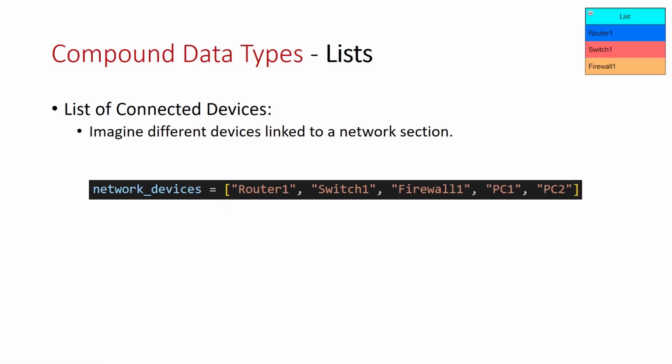In the IT world, especially in networking, they come in handy for keeping tabs on devices linked to a network section. In this code snippet, network devices, this variable here, forms a list that holds the names of devices tied to a specific network chunk. This list is like a checklist that helps you easily find and deal with these devices in your network script